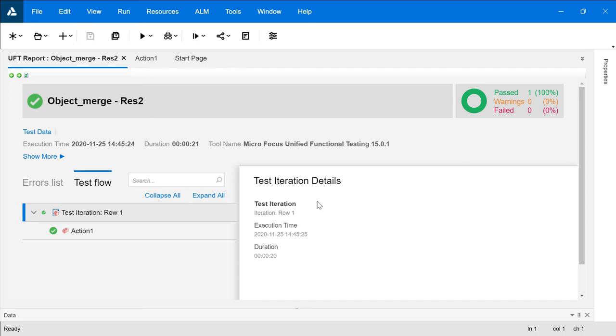Now second is user-defined environment variables. User-defined environment variables will save your time as well as your effort. Because if you think any of the variables is subject to change, like username, password, website, it is advisable not to hard code that in your recording. Instead, you can create an environment variable for it and then use that variable in your recording.